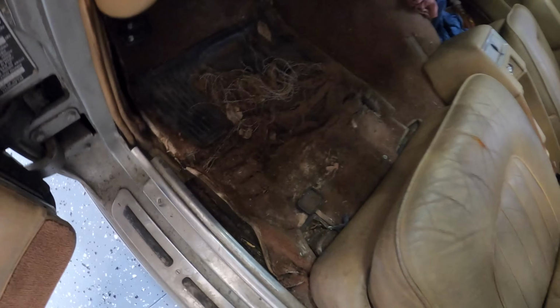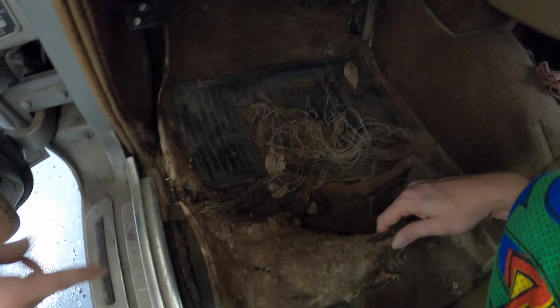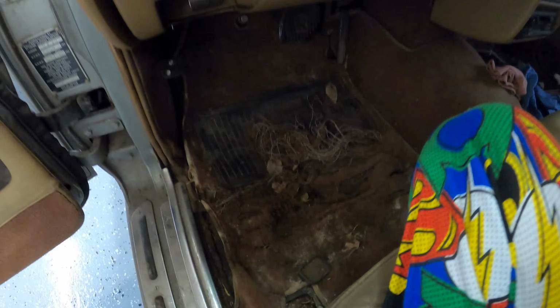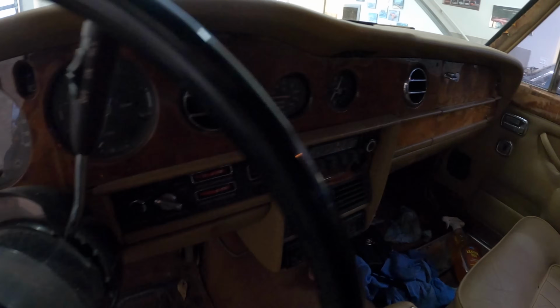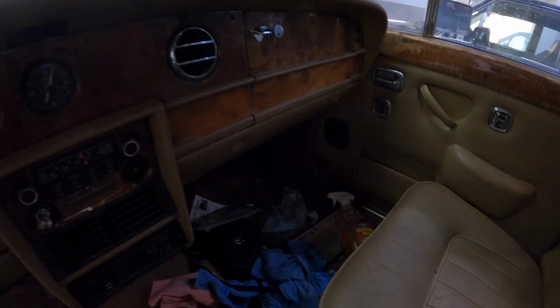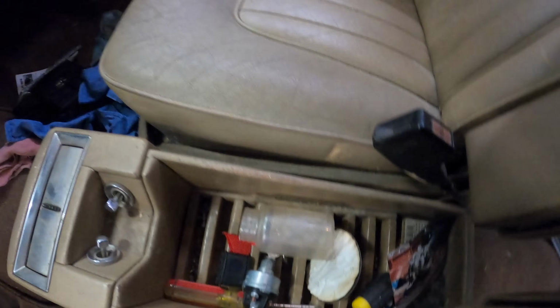Holy jeez. Yeah. So we don't think there's actually a hole in the floor. We just think that there's like a secondary floor because in the back it kind of does the same thing. So this is just wear from somebody's foot. It is literally going exactly that. Through the floor. Yep. But if you go underneath the car, there's no hole in the floorboard. Oh, it's a good thing you guys can't smell this. It smells like